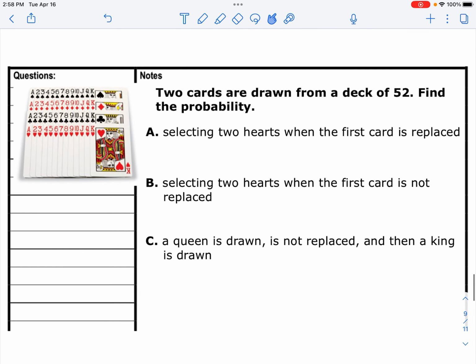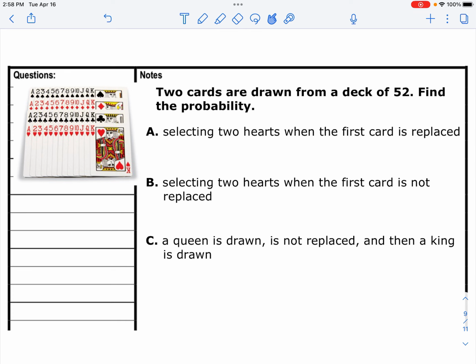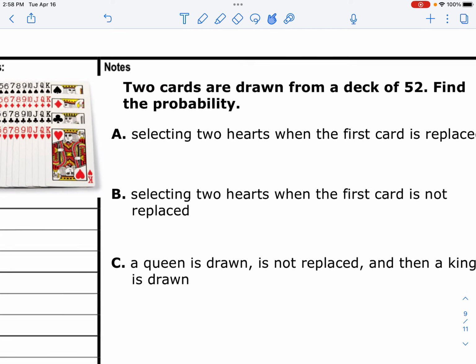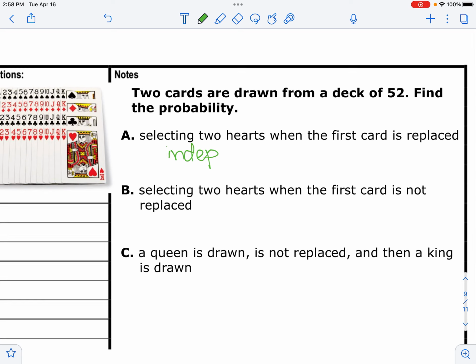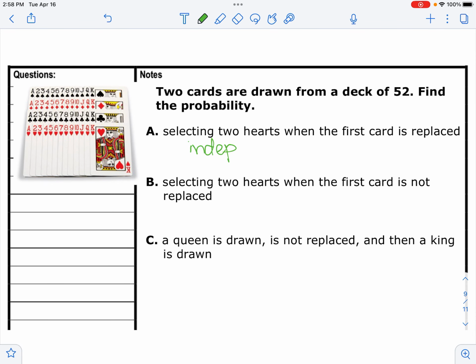Okay, now probably most of you are familiar with a deck of cards. Some of you may be more familiar than others, but let's find the probability of selecting 2 hearts when the first card is replaced. So first of all, because the card is replaced, these are independent events. The first draw does not impact the second draw. So what's the probability of getting 2 hearts? It would just be the probability of getting a heart the first time,